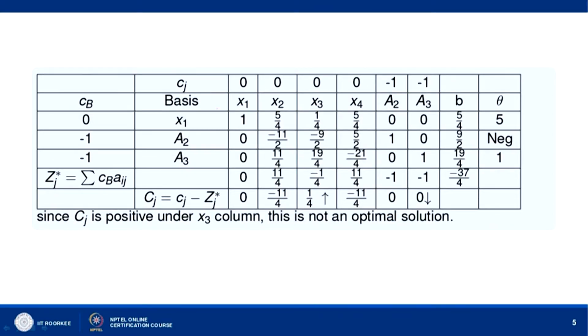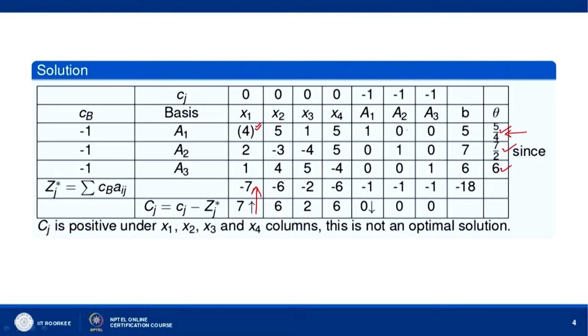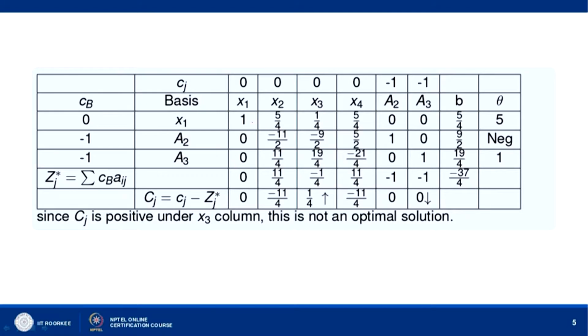We see here, instead of A1 we have x1, the coefficient of x1 is 0. So, we put here 0, A2, A3 are as such, and the column corresponding to A1 is deleted here. Now the key row elements are divided by the key element. So, we divide key row elements by 4 and we get 1, 5 by 4, 1 by 4, 5 by 4, and we get here 5 by 4. So, the new row is 1, 5 by 4, 1 by 4, 5 by 4, A1 column is not there, 0, 0, 5 by 4.